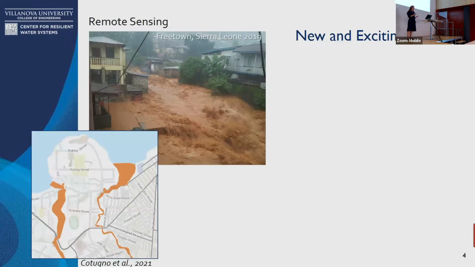This is a project that I worked on in Freetown, Sierra Leone. They have a monsoon season that can be drastic, as you see in the picture here. I started working on this right before the pandemic, and then no travel, no ability to go out and collect data. Instead, we were able to use remotely sensed data to accurately and efficiently predict the exact buildings that would flood in Freetown. So they were able to get relief to these areas pretty quickly, which was a really great thing that we're able to change this.